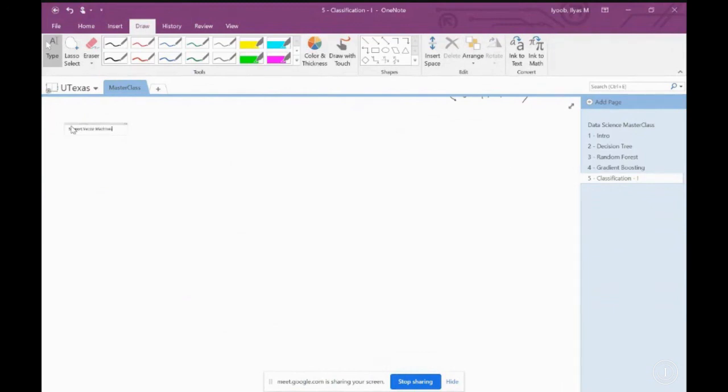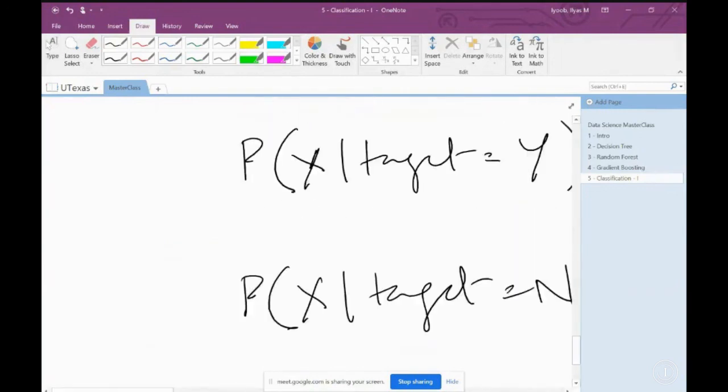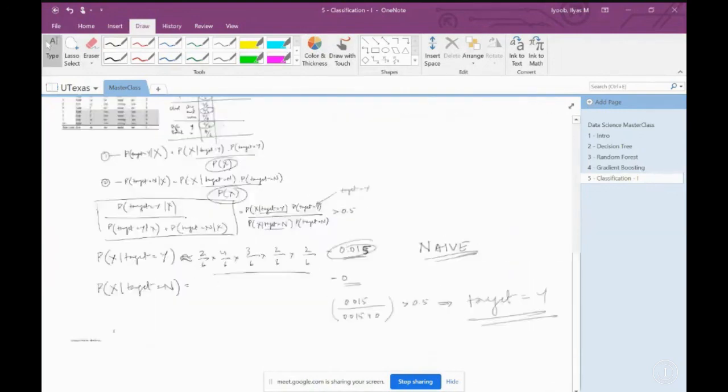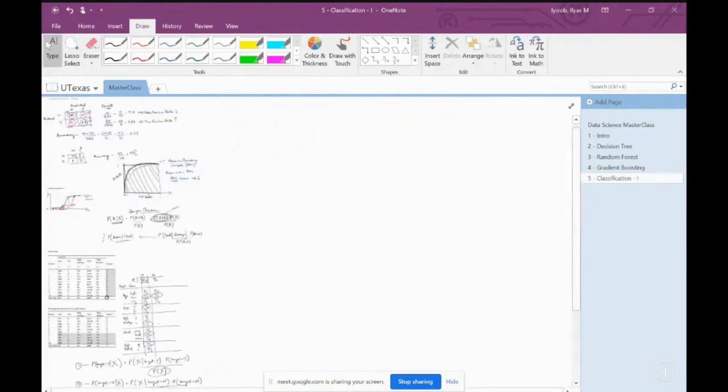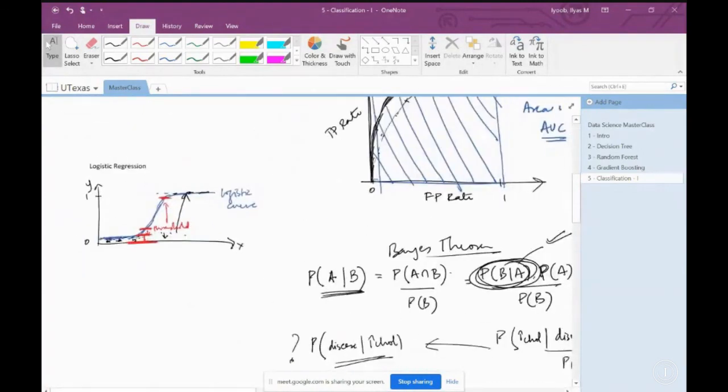We already have enough models to deal with. We already have logistic regression. We have naive Bayes. We have all of these. So why bother? Well, it just so happens that logistic regression uses probabilities to figure out how to fit this curve,